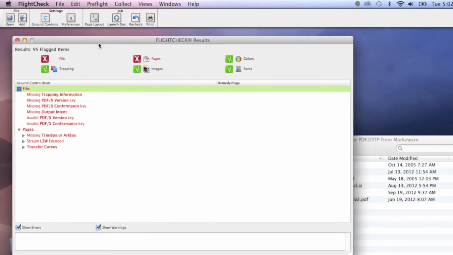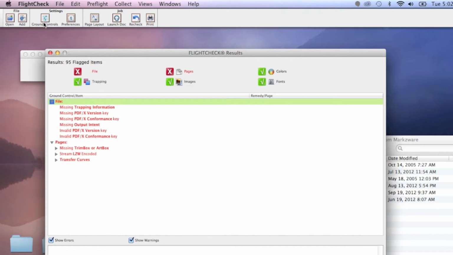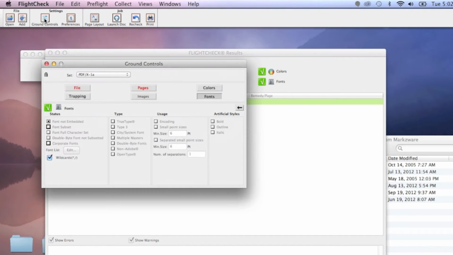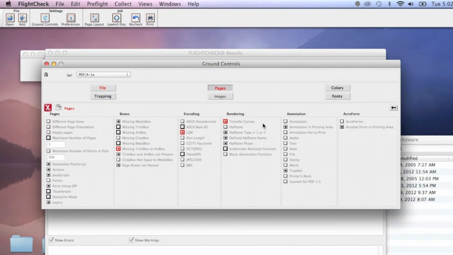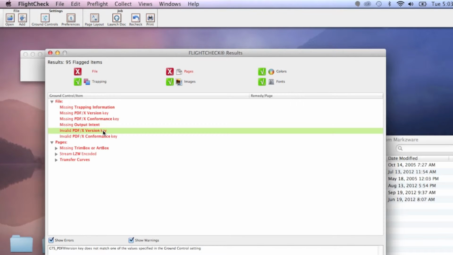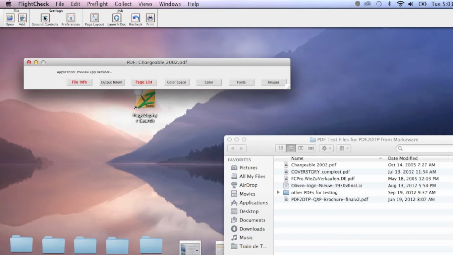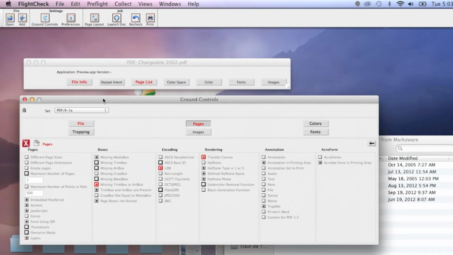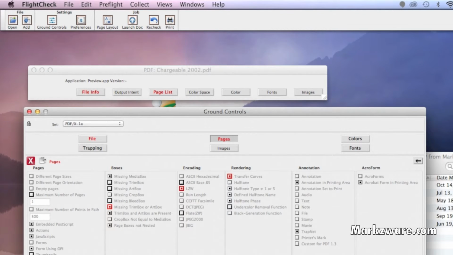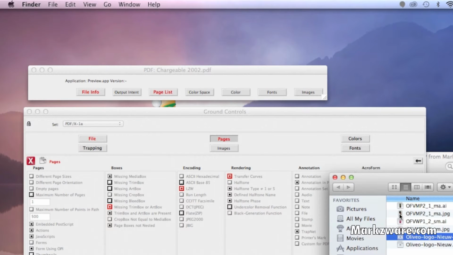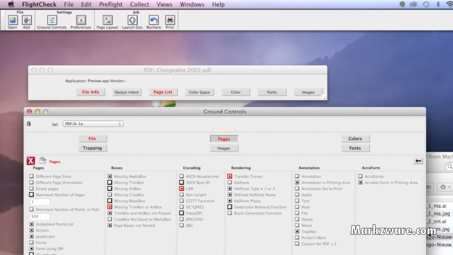And you'll see the ground controls are the PDFX1A. But you see this is not a perfect PDFX1A. So right away we know, we can see what the problems are. Right? Now if I leave those ground controls open and note the interface, if I then take one of these native Illustrator files and drop it on the flight strip,